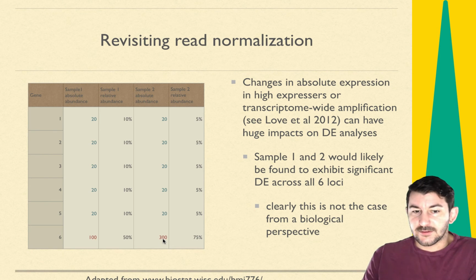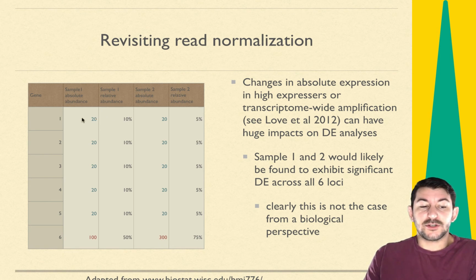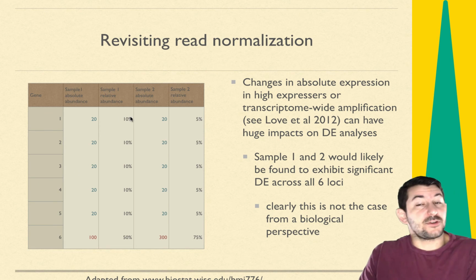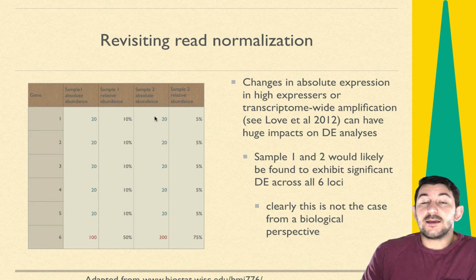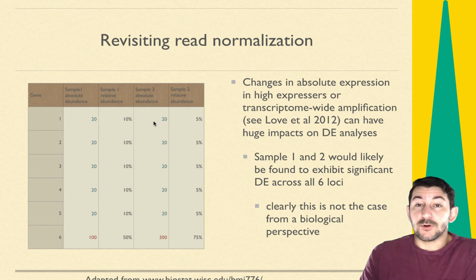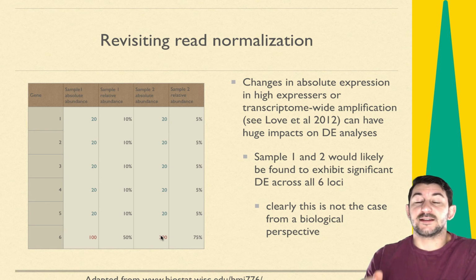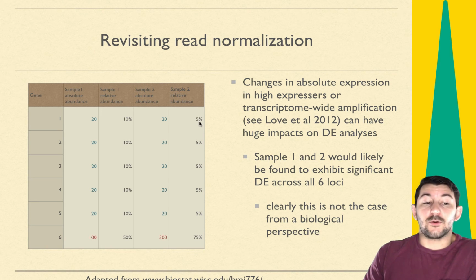And so what this means, if you look at this, if you were to take the 20 here and divide it by the total number of remaining transcripts, it makes up about 10% of the transcriptome. In other words, its concentration is 10%. The 20 here is the same number of transcripts being produced by the cell, but because there is another gene producing so many more that it's inflating the size of the total RNA pool,